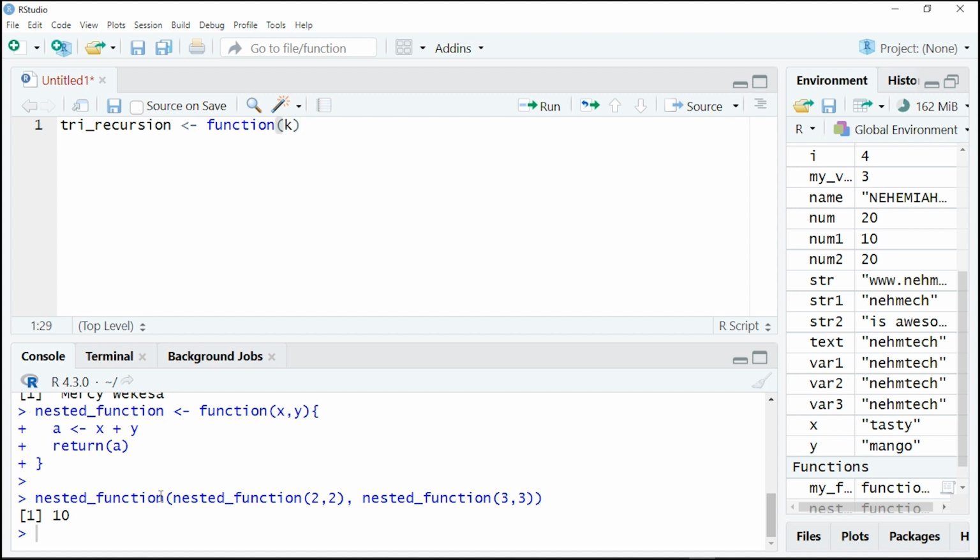Then let me use an if condition here. Let me say if k, inside the parentheses, if k here is greater than 0, then here what I do, let me say